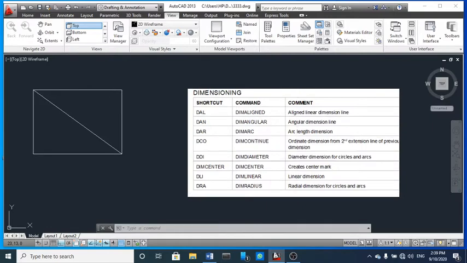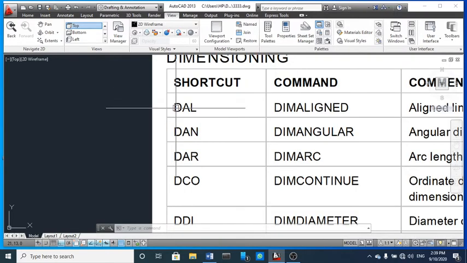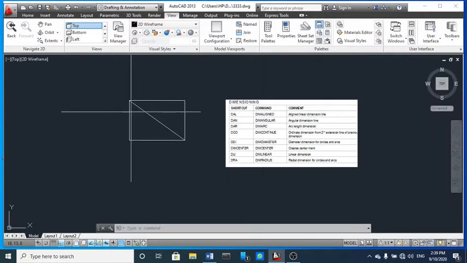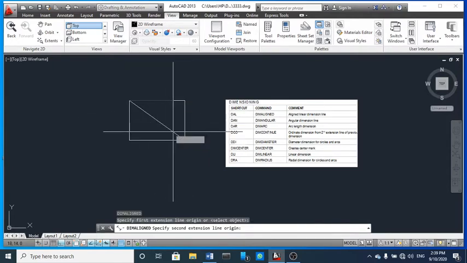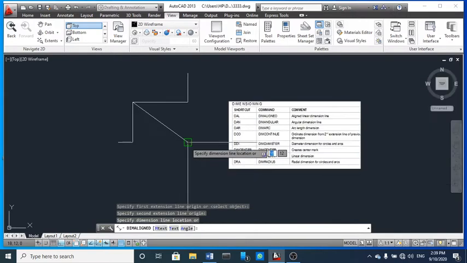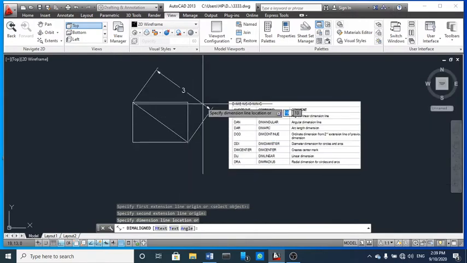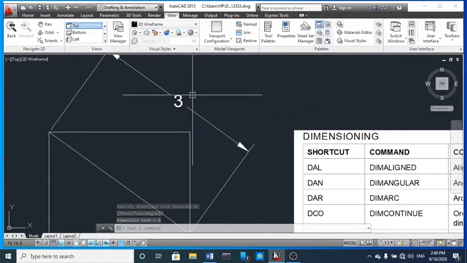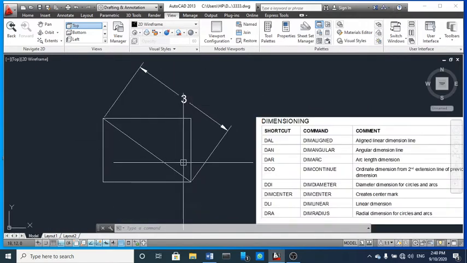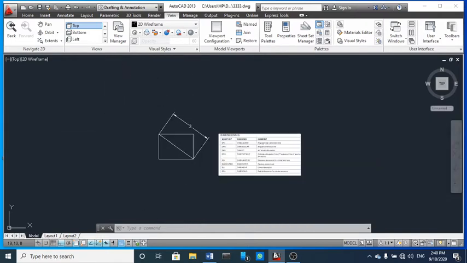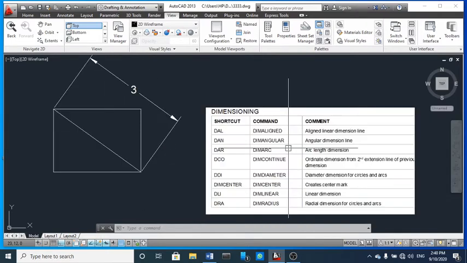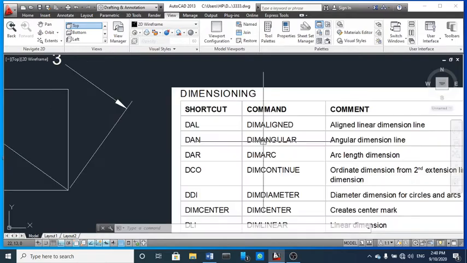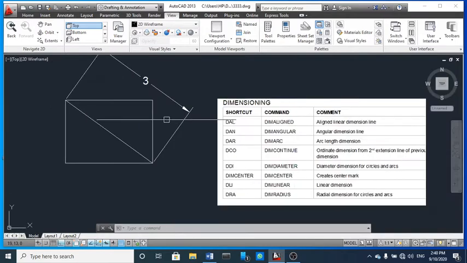So for align, we need to type DAL. Enter, first point, then second point, and place it somewhere outside. You can see here the value of 3 units for the inclined align dimension. So this is how we can use the dim align command.